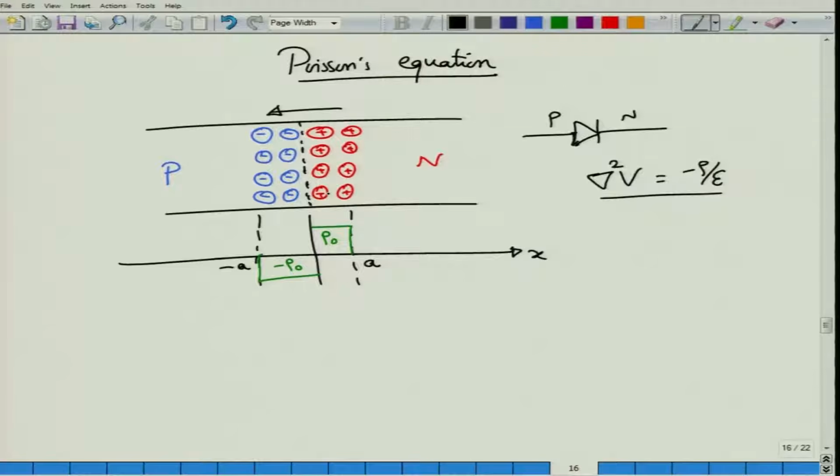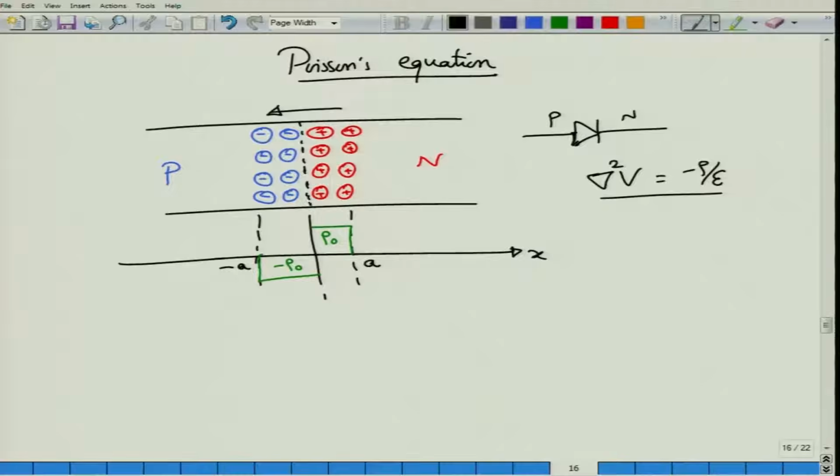And because the charge distribution is also symmetric, which is unknown, we do not know what the charge distribution is. That is in fact one of the things we would like to find out, or maybe in this case we do not really need to. This can be related to the doping profiles. So we have this charge distribution rho 0 which is uniform, and there will be a minus rho 0 charge distribution because negative ions carry negative charge. So this is the situation that we now have.